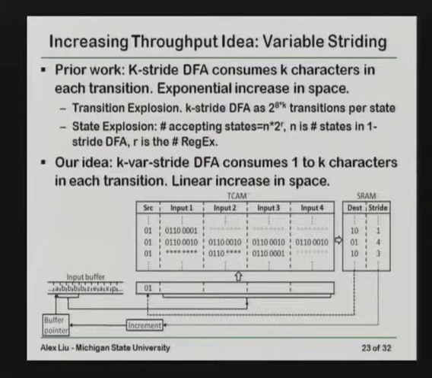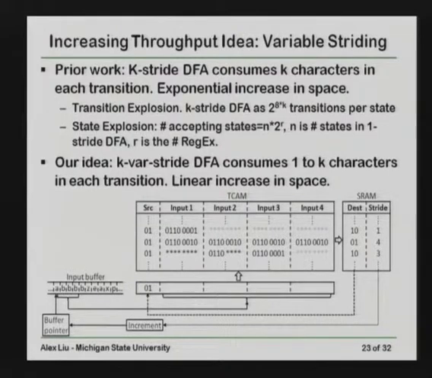Basically, the number of accepting states will be equal to n times 2 to the power of r. r is the number of all the regular expressions. Well, if you have 100 regular expressions, that will be 2 to the power of 100. So that's pretty big. The rationale, basically, you have a DFA, and then if you go k steps, so consider